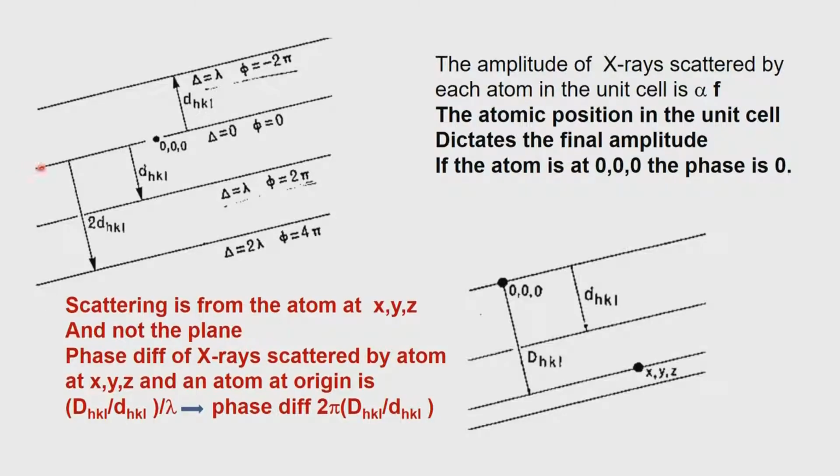Now, this diagram tells you that there is a plane which passes through the origin 0, 0, 0. In the previous class we learnt that any point along this particular direction will scatter exactly the same way. Suppose there is an atom sitting at 0, 0, 0, and then I put an atom at this position which is moved along this direction, within the plane.